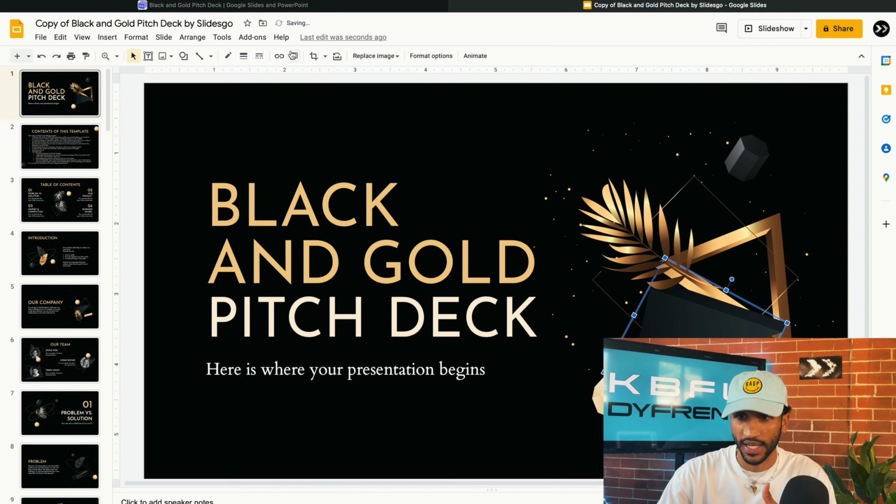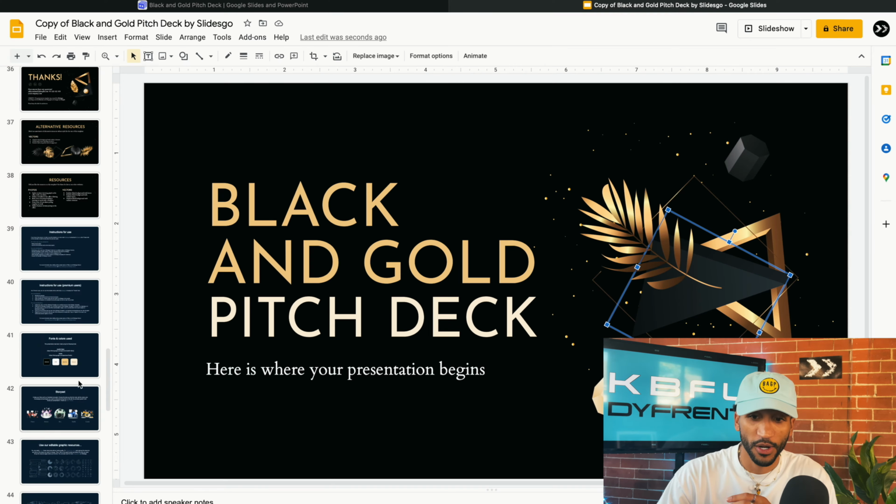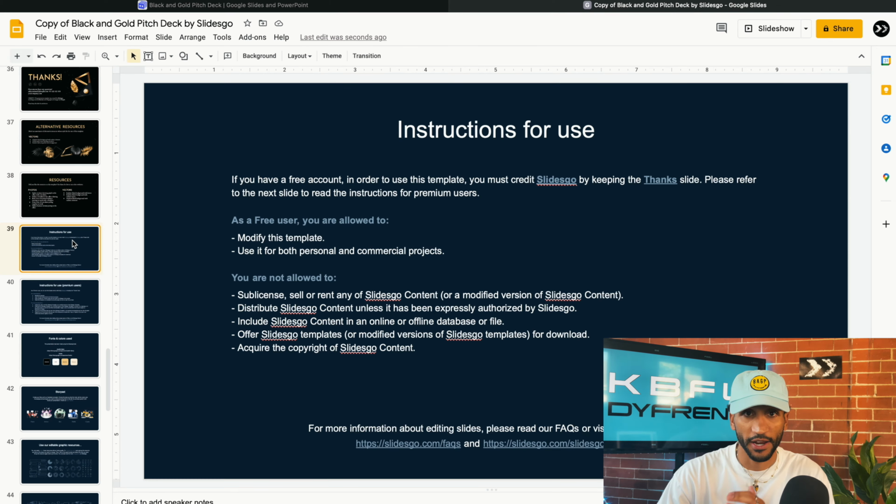You can take this if you want to add a border color or a border weight, you could do that. You can't change all the colors. It is not fully customizable, but you can still move stuff around, layer things, and really customize the design to your liking. And then probably my favorite part about these decks is at the bottom of every single deck that